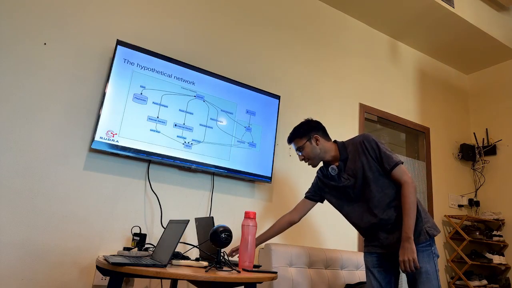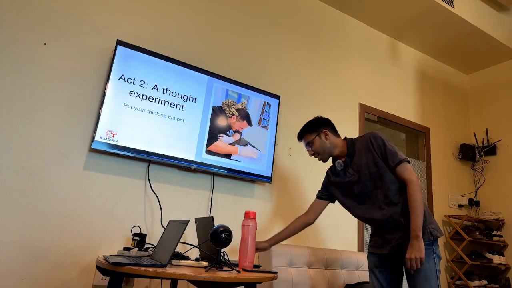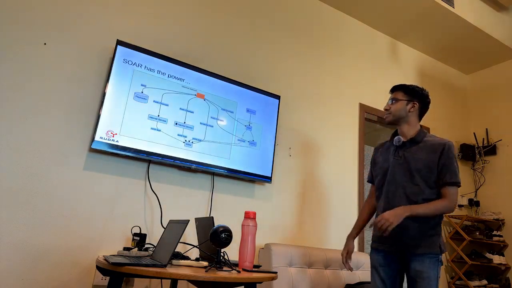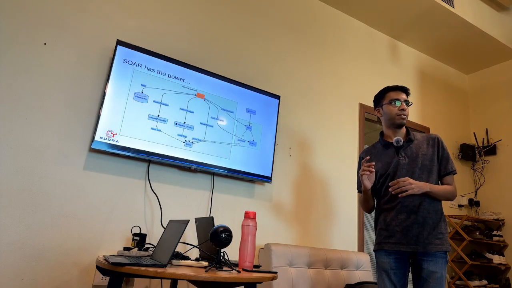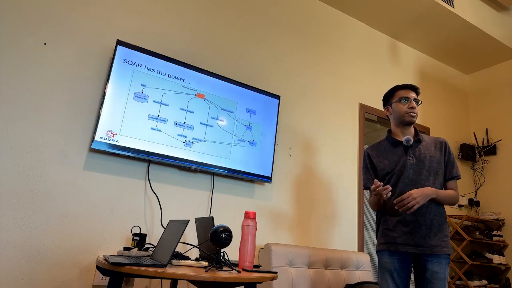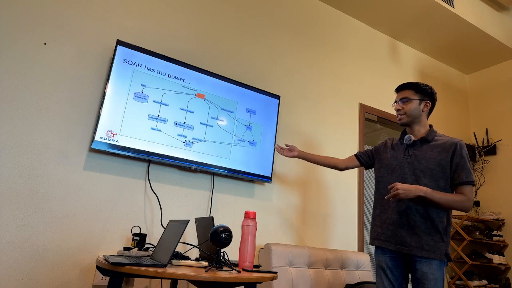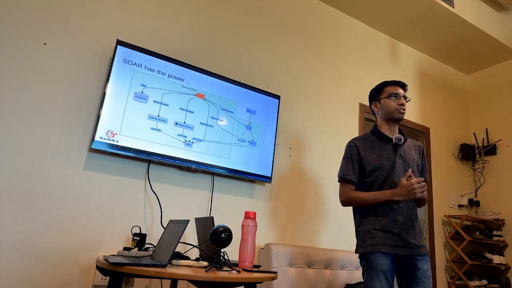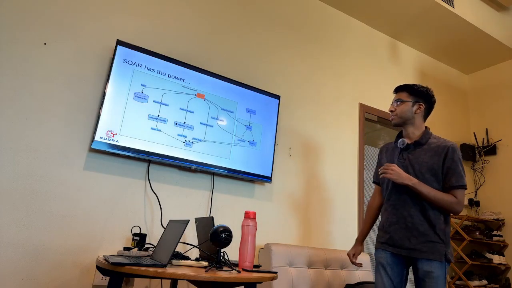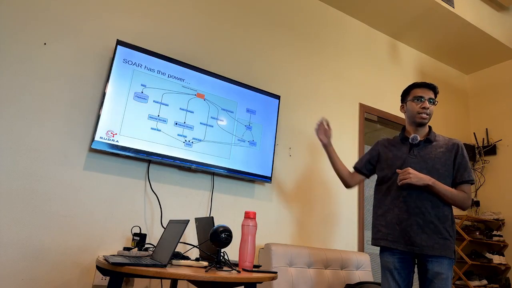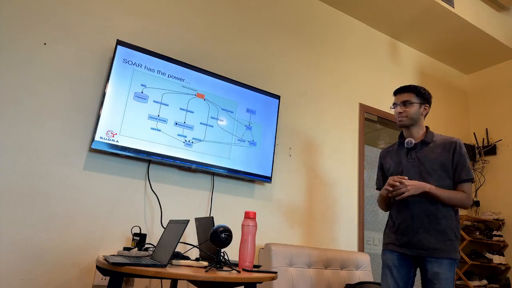Now, why is this interesting for us from an attacker's perspective? Right? If you look at what the SOAR is, it is effectively the start and end of most cybersecurity at the company. If the SOAR does not forward an alert, the SOC team is not going to get alerted. Or if the SOAR does not take any action, that initial response which we are trying to automate is not going to happen. Most things immediately get stopped the moment the SOAR gets compromised. And today, I'll be showing you a 0-day where you can actually compromise the SOAR.